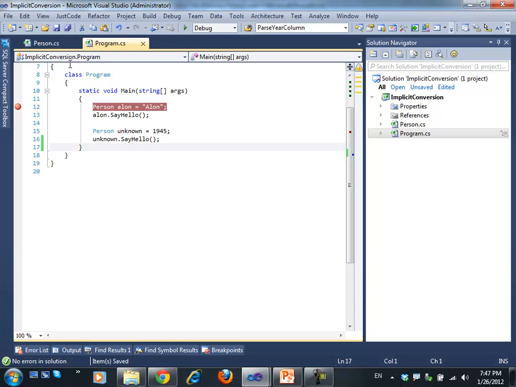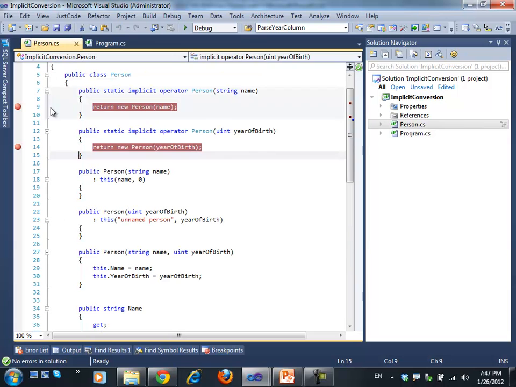Just wanted to show this. It's not very common. It's not highly recommendable. Many times when you're defining your own classes, just use a constructor. It's neat. That's the way. That's the convention. That's the right way to go. But if you want to look very cool, like this, then you can use the implicit operator,